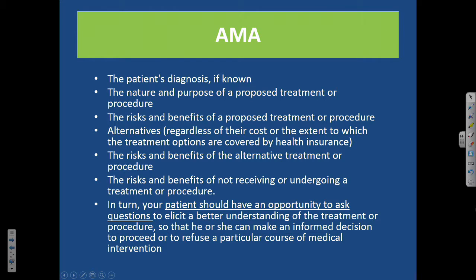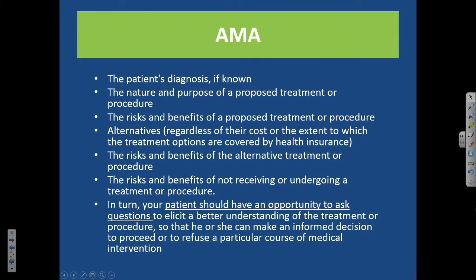What should be included? Well, according to the American Medical Association, the diagnosis if it's known, the proposed treatment, the risks of the proposed treatment, reasonable alternatives regardless of cost. Now, for example, it may be that the patient requires orthotics and says, well, I can't afford orthotics, or a particular medication, and the patient says, I can't afford that medication. This is a secondary issue. The patient should be made aware that these alternatives are available, whether it is practical for that patient or not,